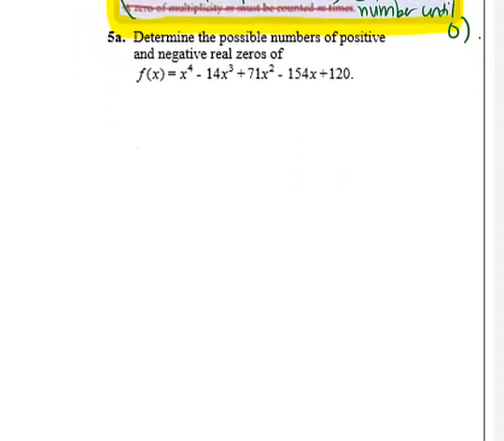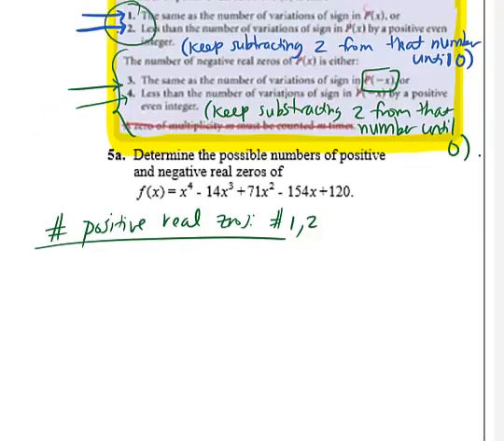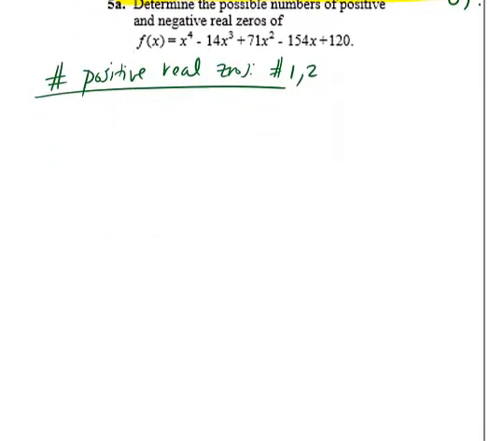Alright, that doesn't make a whole lot of sense, but let me try to paraphrase it when we do this example down here. I have to think the number of positive real zeros. That's what we get from above in Descartes' rule of signs between 1 and 2. That's what that's telling us up there. If I count the number of variations in sign from left to right,